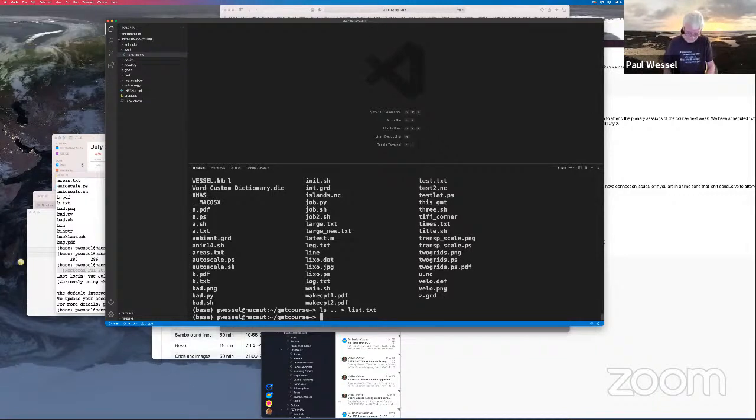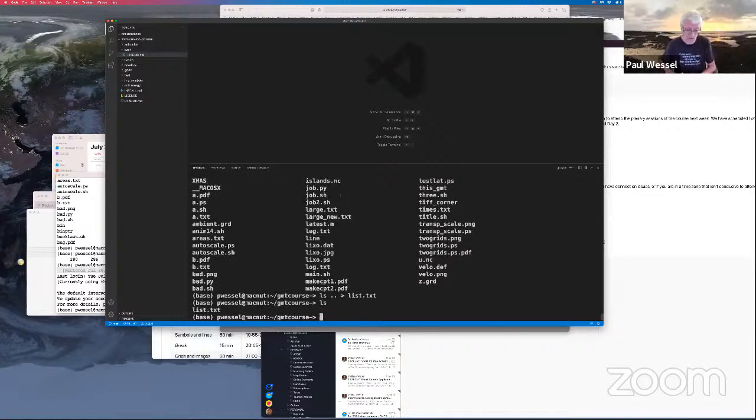And I can do an ls now without any arguments, and it should show me the content of the directory, which now has a file, right? So now I created a file in the directory, I have it. I want to open that in my editor here. So I go to